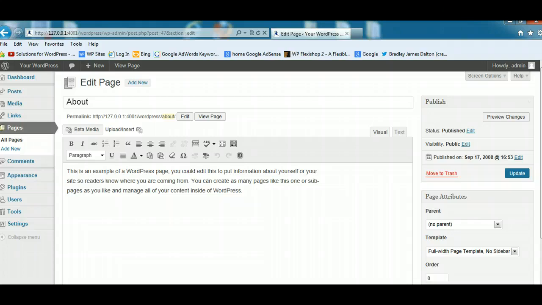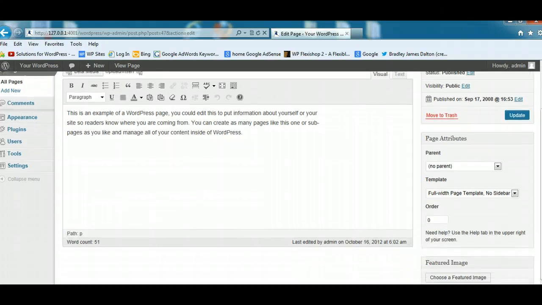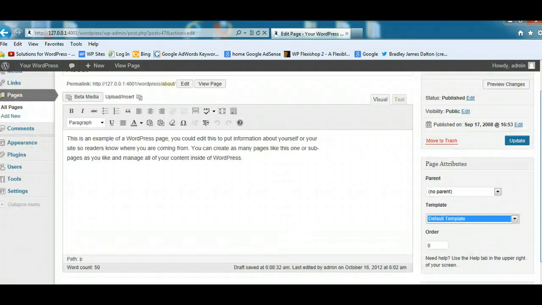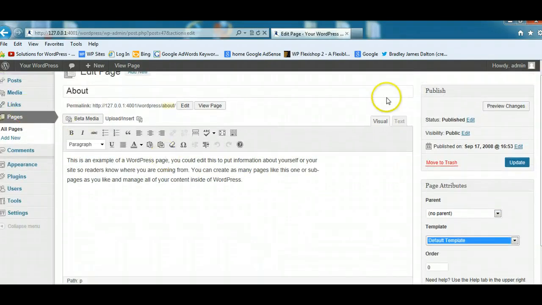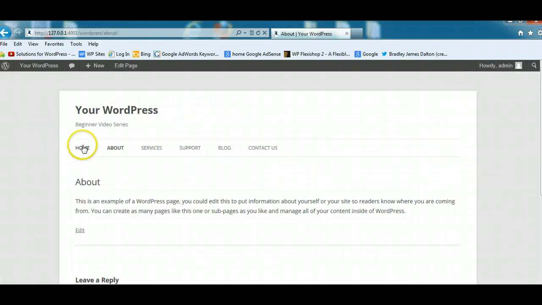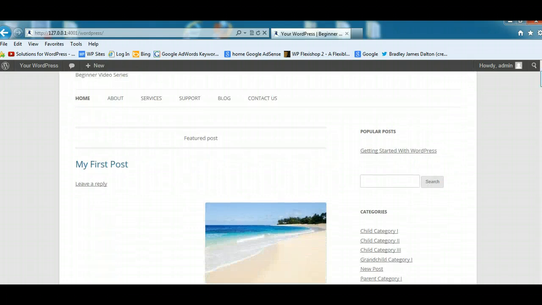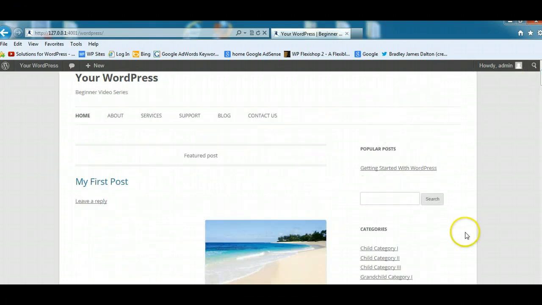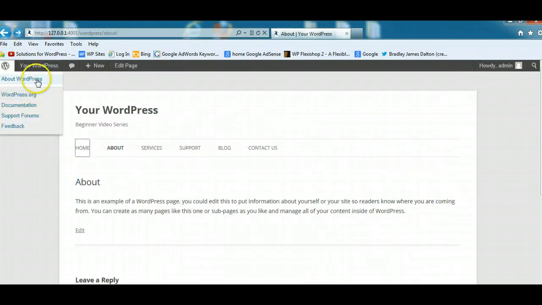One of the big differences between posts and pages are the templates. So this really depends on what theme you're using. If you're using a free theme, you'll find generally the amount of templates is limited, and this is the free 2012 default theme for WordPress. It includes a default template which is pretty straightforward. It has a content area, then a sidebar. If we have a look here, this is actually the full width, but generally you've got the content area here and a sidebar. So this is like a standard default template,